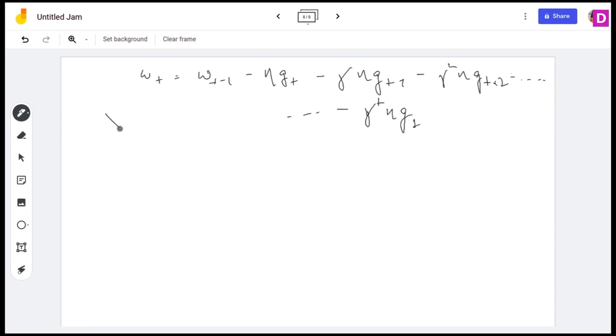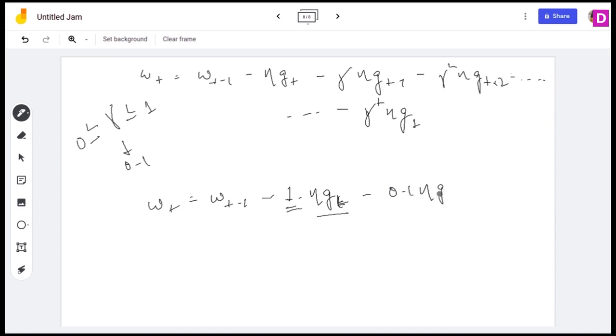The gamma is always between 0 to 1. So let us assume that the gamma is 0.1 here. So Wt will be Wt minus 1 minus, so there is no gamma here. Let us suppose the weight here given is 1. So for the differentiation at the tth iteration, the weight is 1. For the iteration before that, we have the weight of 0.1. For an iteration before that, we have 0.1 square, that is 0.01, t minus 2, and this goes on. So you can understand the pattern.